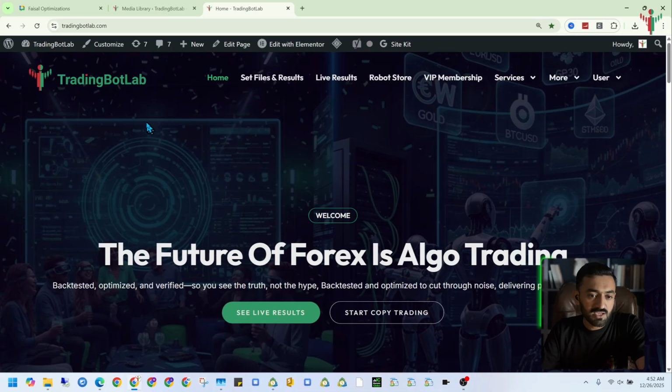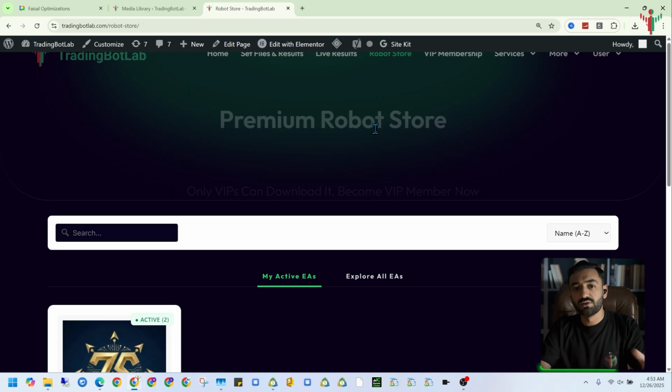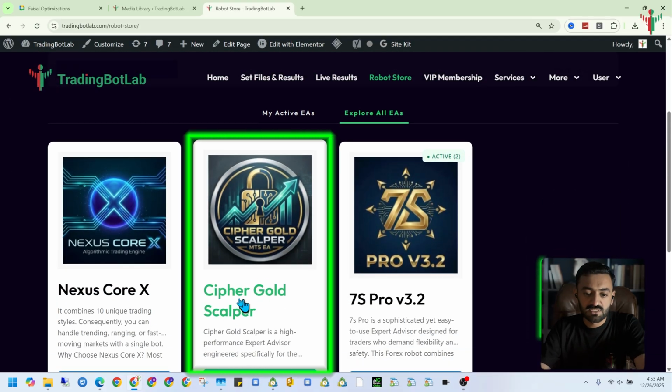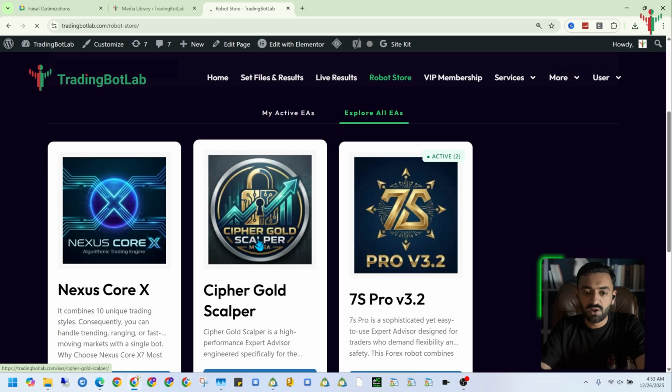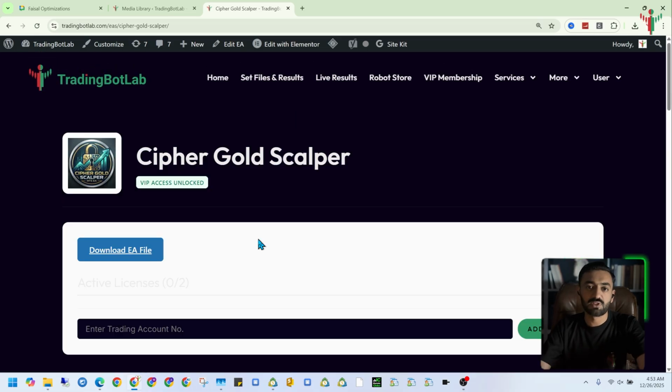To download the EA, you simply need to go to this website, TradingBotLab, and from here go to Robot Store. From the Robot Store, you will be able to download and learn all about this EA from Explorer. Here is the Cipher Gold EA. I will click on it and it will open on the next page with all the detailed explanation and the